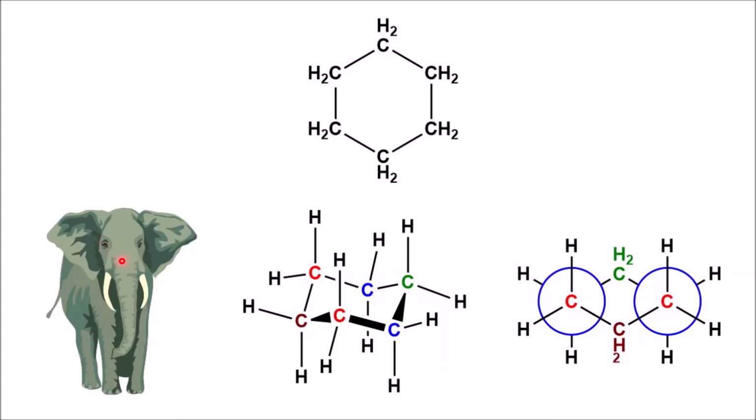If we look at this cyclohexane molecule from this elephant's perspective, you would find that we can write down the Newman projection formula for this molecule as well. If we look from this perspective, you would find that this carbon in brown is at the front, the carbon nearest to this elephant. So we write this carbon over here, as you can see. Now this carbon in brown is attached to 2 other carbons, which are shown in red. So these 2 carbons shown in red are our front carbons,